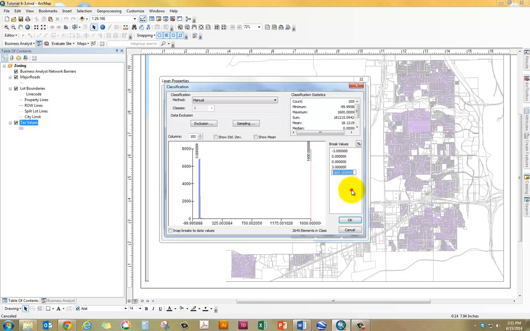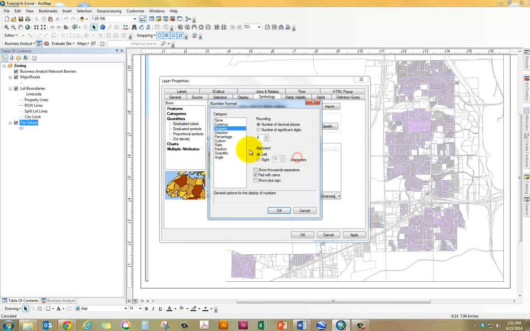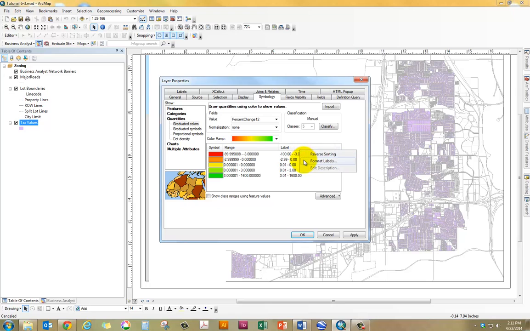And 16. So use that and format the labels so that the decimal places are not awkwardly big, maybe 1 or 2. Maybe use that, and then I would relabel them, because this is greater than 3% decrease, 0 to 3% decrease, no change essentially, and then you have 0 to 3% increase,